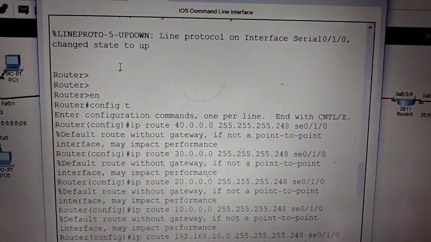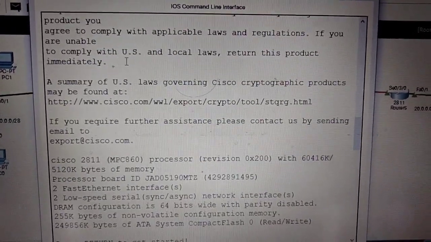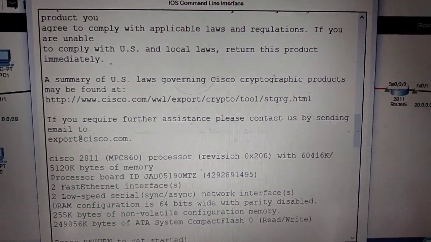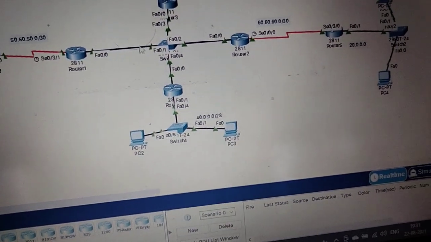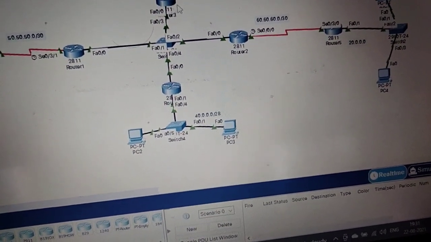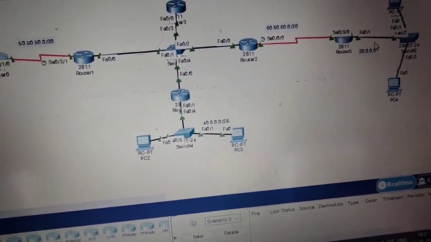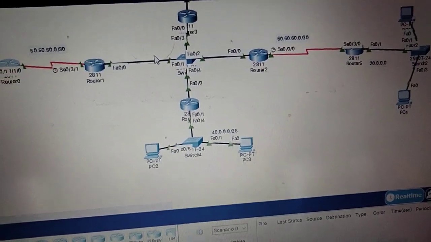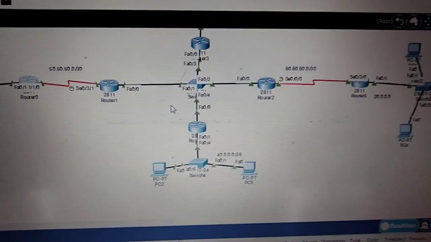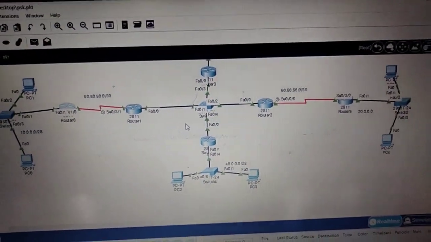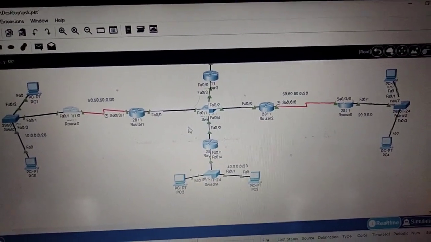Okay, everything was completed for router 0, and before doing this video, I completed everything for router 1, router 2, router 3, router 4, and router 5. Now we can check whether it is pinging or not. If it does not ping, we have to rectify the problem.